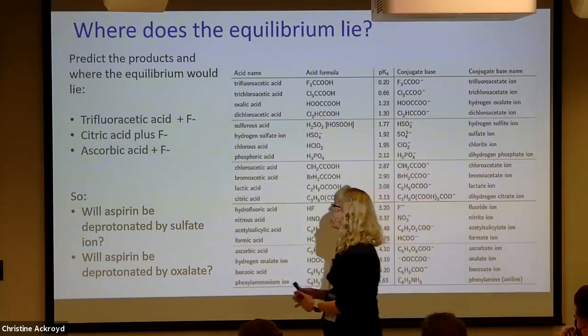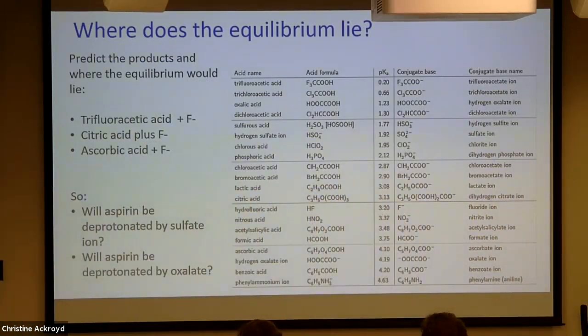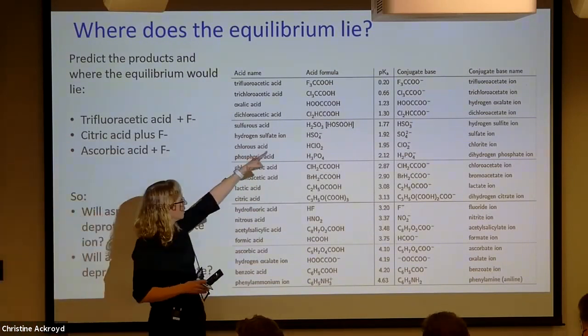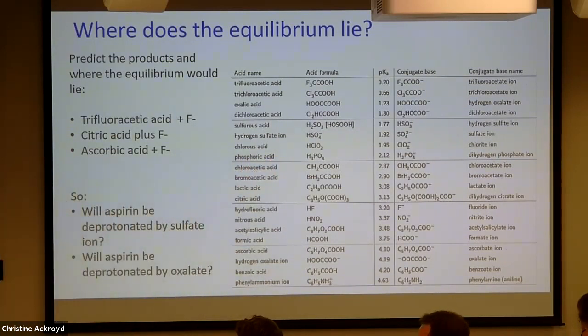If we have trifluoroacetic acid reacting with fluoride ion, which would be like sodium fluoride if we were using the whole formula, think about this. Trifluoroacetic acid is your acid, reacting with fluoride, your base. Will you know off the top of your head the structure of the conjugate base of trifluoroacetic acid? Look it up on the table. Where is it? The first one. We can draw it, or you can think in your head: trifluoroacetic acid has a conjugate base, trifluoroacetate.